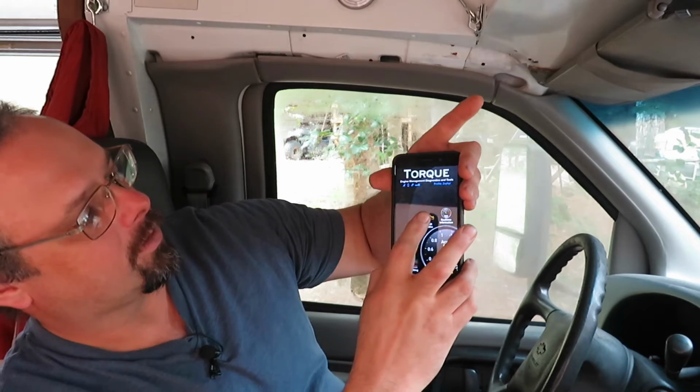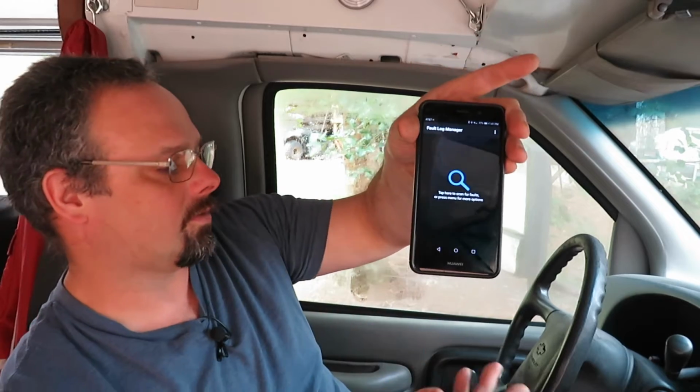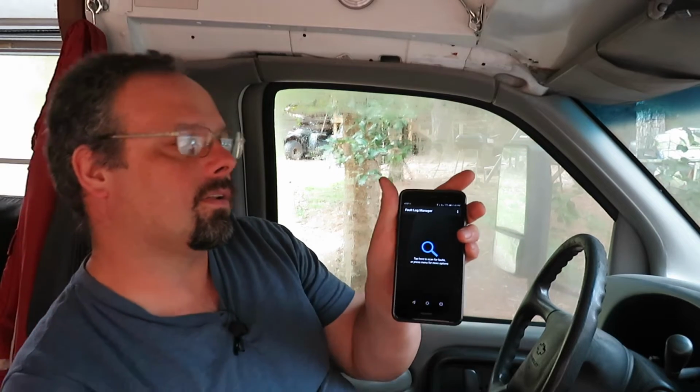This one actually will read out your trouble codes for you. It has, you can see, it says fault codes right here. You can tap and you can scan. I don't have any trouble codes. There's nothing wrong, so it's not going to pull up any codes. But that way you can pull up and read your codes, and you can go to the garage. If you're going to go to the garage and get it fixed, you can go at least being able to tell them, hey, this is what code it's throwing, and this is where you can start. That kind of tells them, hey, you might know a little bit about it, and maybe a less chance of getting ripped off. Not guaranteed, but